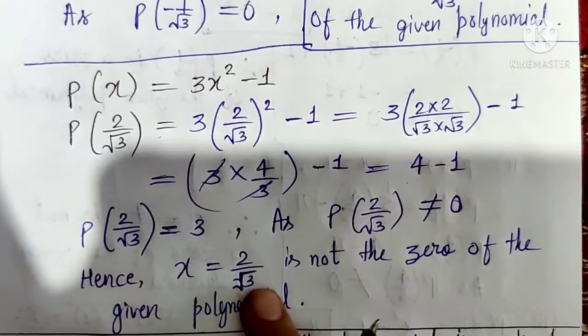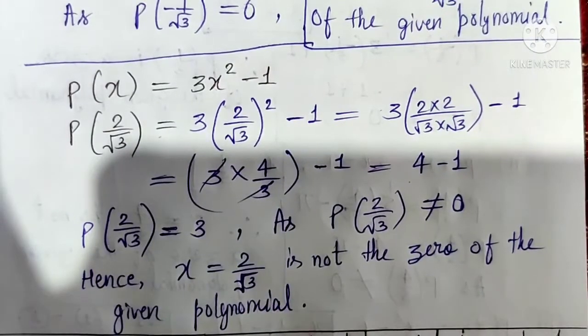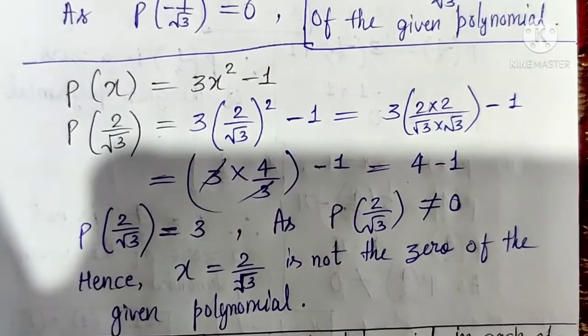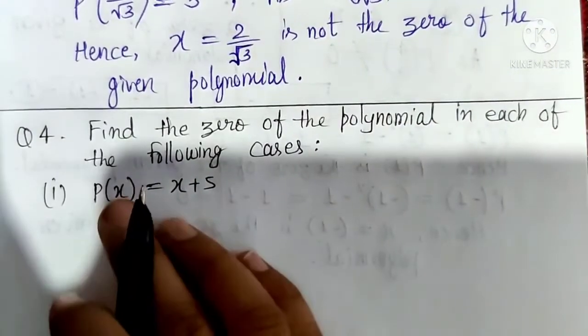Now after the 7th part, one more part is the 8th part, which is also to be done by you only. So the 4th, 5th, 6th and 8th parts I have given as homework, so you will do them by yourself so that you can understand how to solve. It will boost up your confidence. Now move to the next question, that is question number 4. Just read the question.